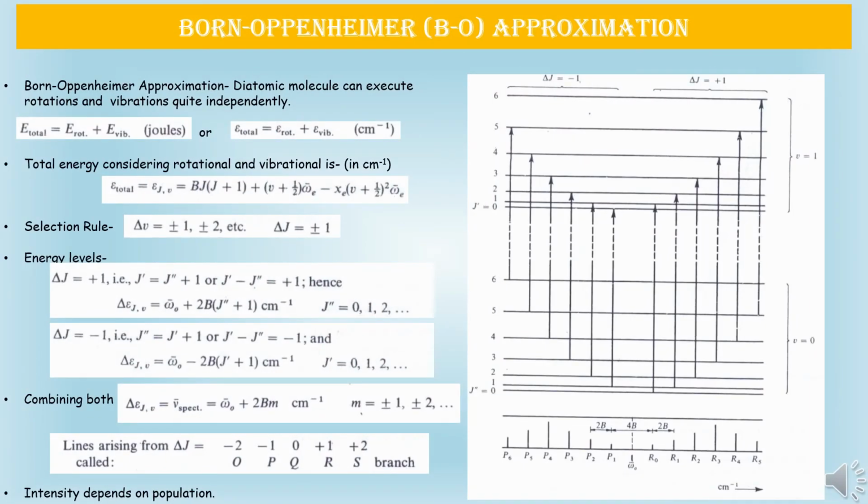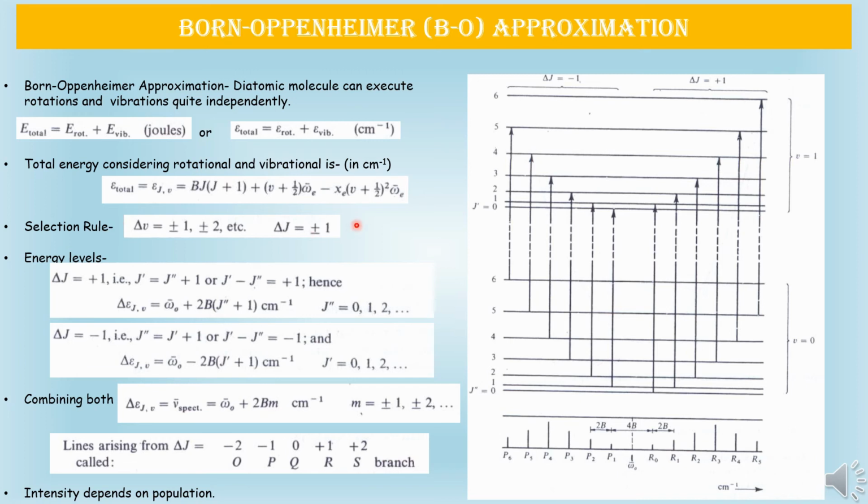As the two motions, rotation and vibration, are different, a diatomic molecule can execute rotation and vibration quite independently. This approximation is known as the Born-Oppenheimer approximation. Thus, the total energy is actually the combination of rotational energy as well as vibrational energy. So, the expression of energy related to the spectra involves both the rotational part and the vibrational part, which is shown in the slide. Now, the selection rule for this Born-Oppenheimer approximation is del V equals plus minus 1,